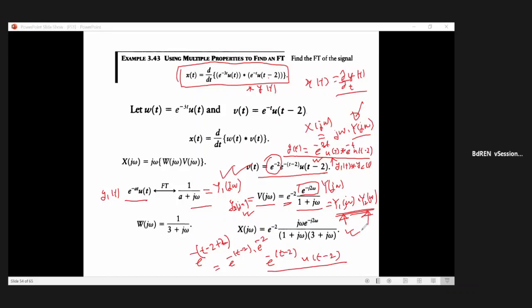Try to do it. You can easily factorize it into two factors, because this is a multiplication in the frequency domain with a time shift. Resultantly, this factor in the time domain will cause a delay of 2 time units to